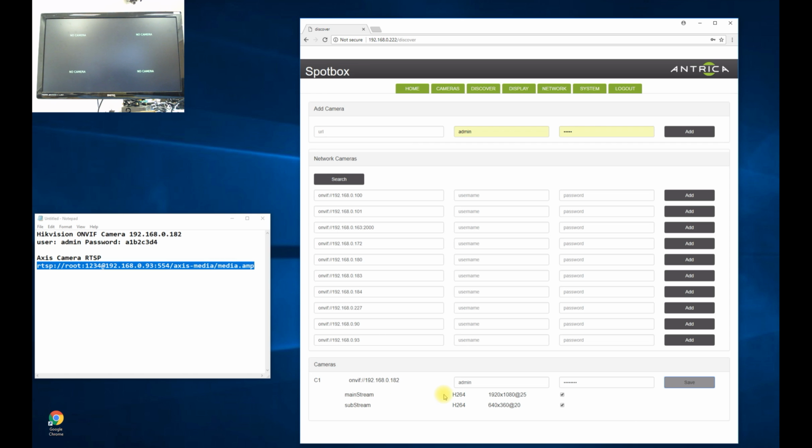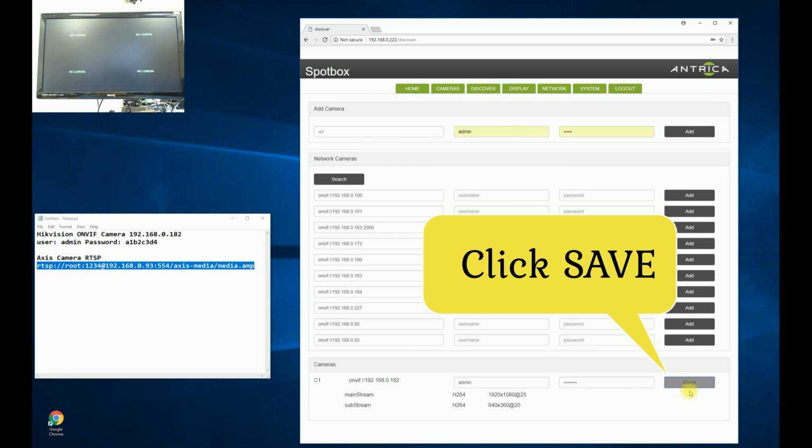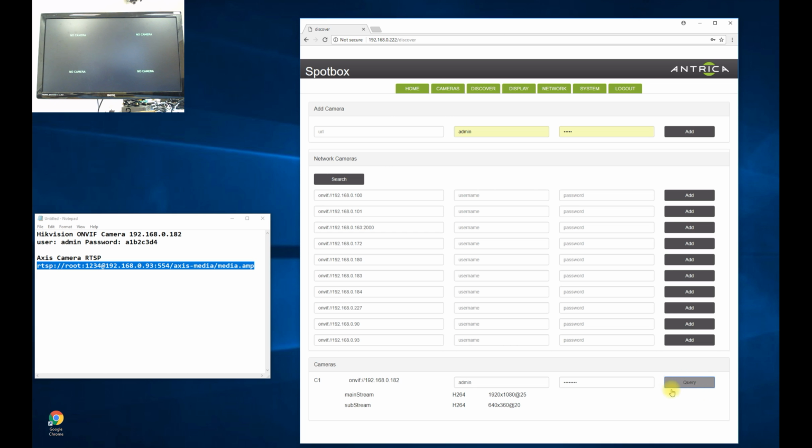It comes back with two profiles. It's called mainstream and substream. Obviously if you've got more profiles then there'll be a longer list. It tells you the resolution, frame rate, and all of those are good to go in certain views within the Spotbox. So we now have to save this, and as soon as we've saved it, the save button will change